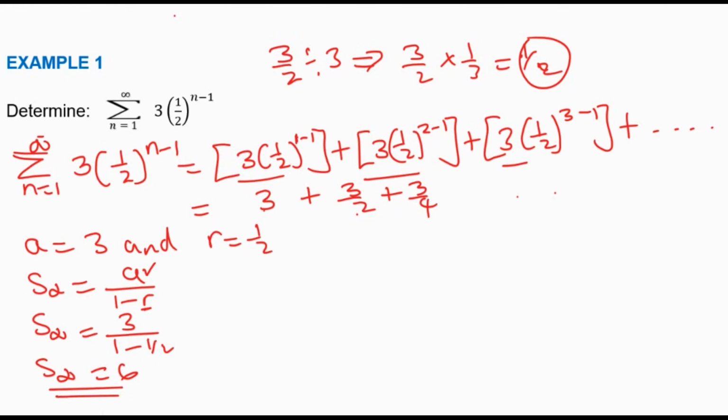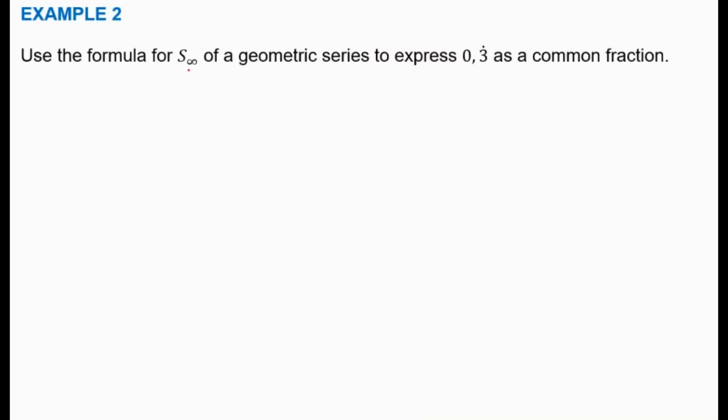Let's do example 2. Use the formula for sum to infinity of a geometric series to express 0,3 recurring as a common fraction. What is the meaning of 0,3 recurring? 0,3 recurring means 0,3333 goes on to infinity. So this is like 0,3